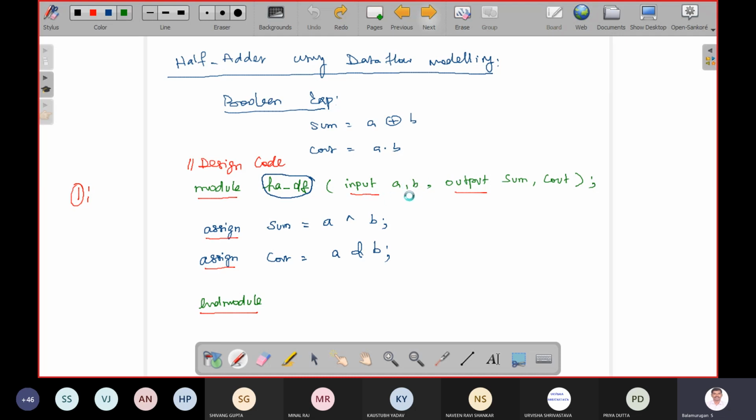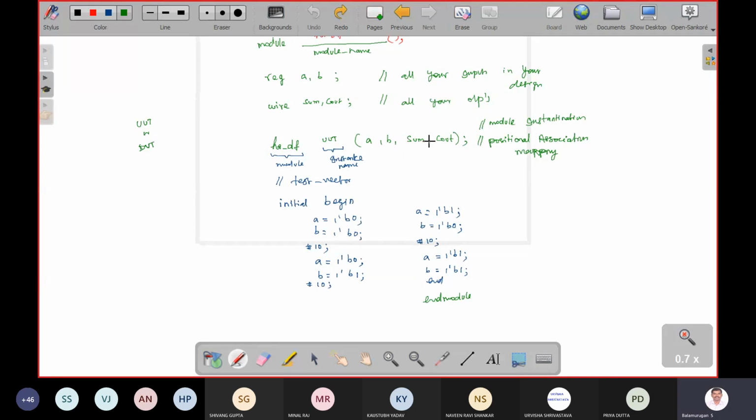So you should not write the keyword, but you have to write only the variables. I want to give some stress here: you should not write here sum, cout, A, B. The position as it is in the design code, the same position should come here. That's why we call it positional association mapping. Do you understand? You should not change sum, cout, A, B. The same order you have to follow. The order is important here.